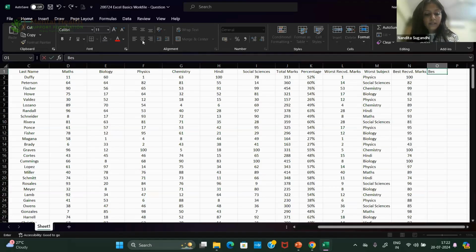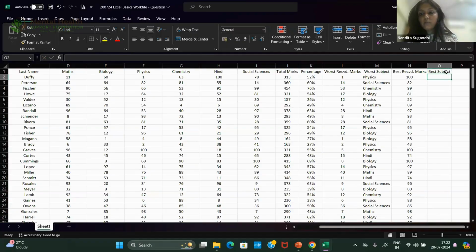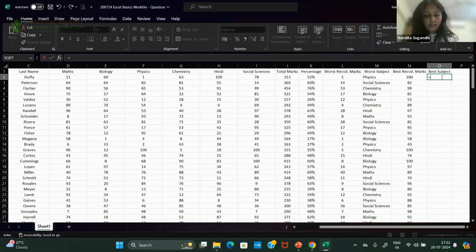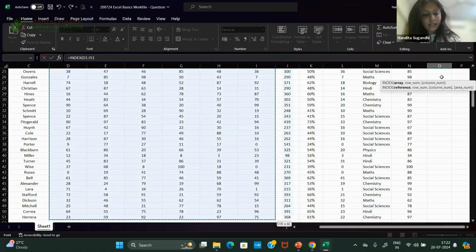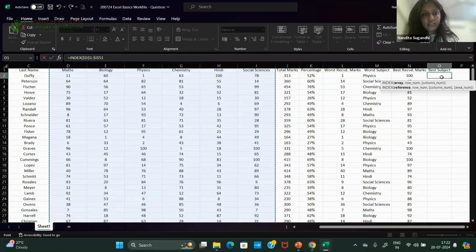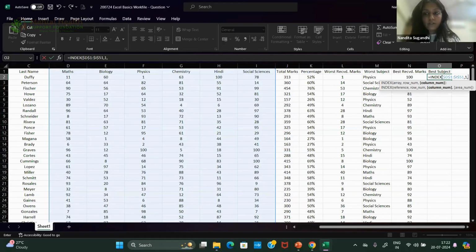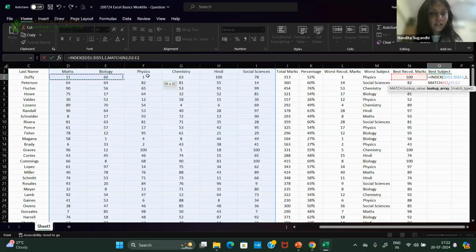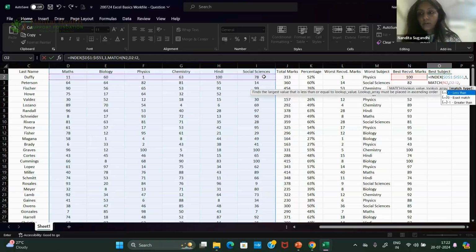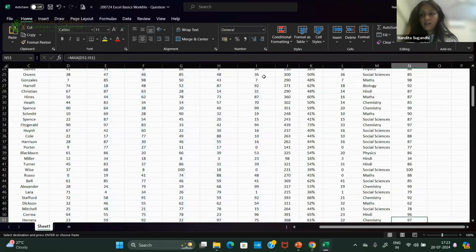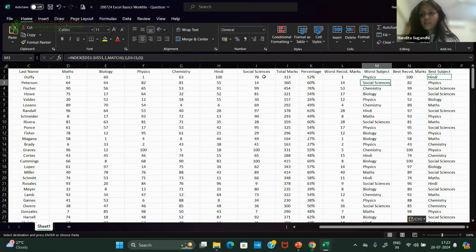And likewise, I want to have their best subject. And this will give me an opportunity to demonstrate one more time a good use of index match. Index, my array is from here to here. It is a fixed reference. My row number is 1. My column number goes by match. I want to pass where she got 100 in the column number. It has to be an exact match. Close my parenthesis. And she got 100 marks in Hindi. My god. She got 1 in physics, but she got 100 in Hindi.